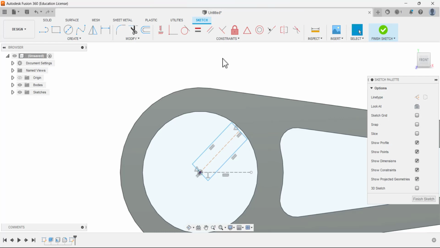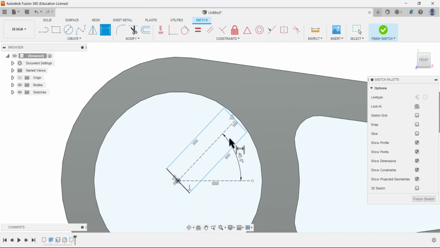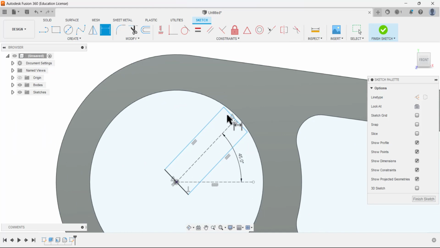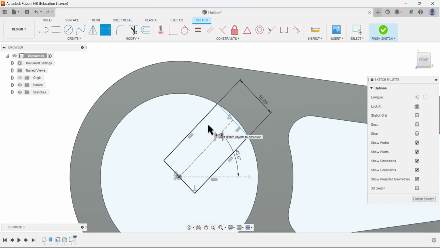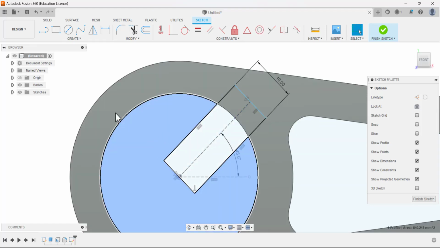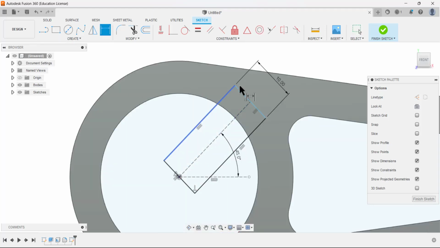Now we needed to define the angle 45. It's better in that way. Okay. Now this dimension is given as 10 millimeter. We define this dimension, and now we needed to define this length. So this dimension is given as